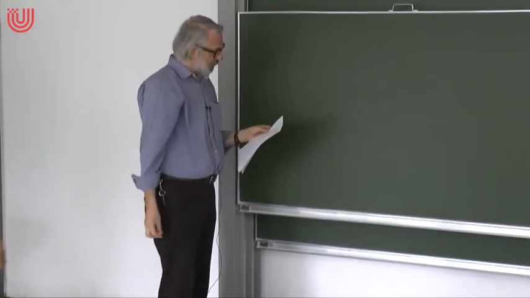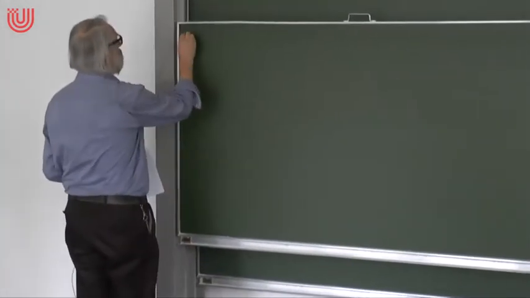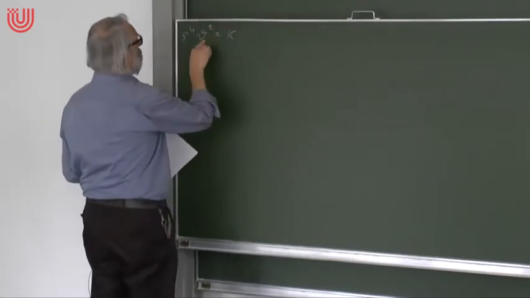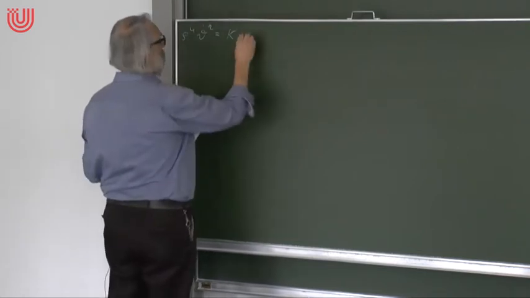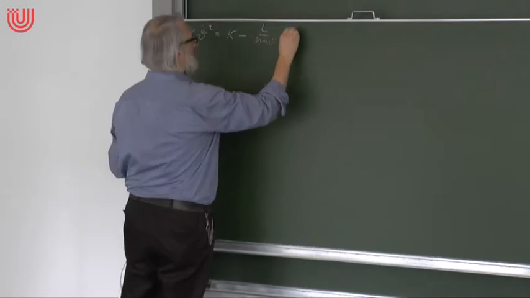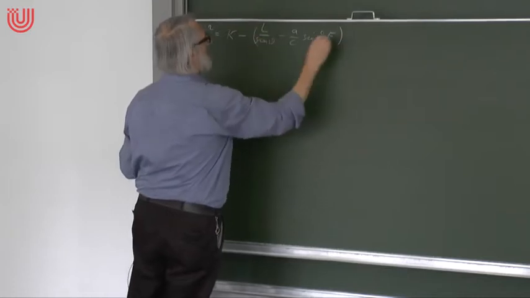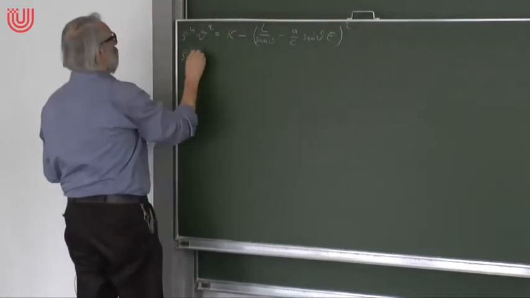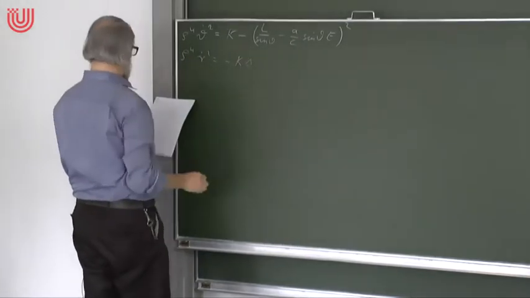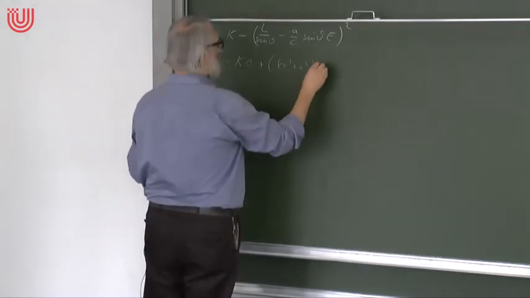So we would need at least the theta and the r component of the equation of motion. I will need this again today, so I have to write it again. So this was rho to the 4 theta dot squared was K, the Carter constant, minus L over sine theta minus A over C sine theta E squared. And rho to the 4th r dot squared was minus K delta plus r squared plus a squared